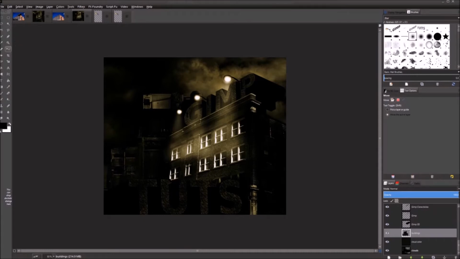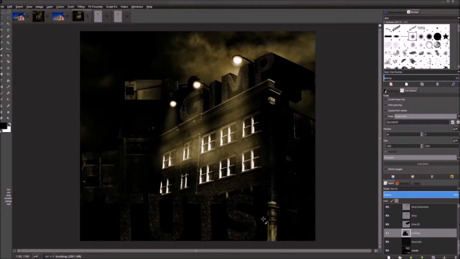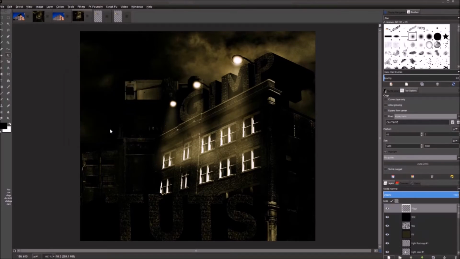And let's grab our crop tool. Let's go from this top corner, and we're going to go down to the edge of that building there and press enter, and we're going to crop that away a little, just like that. And we're going to make a new vignette layer, press OK, and actually first we're going to